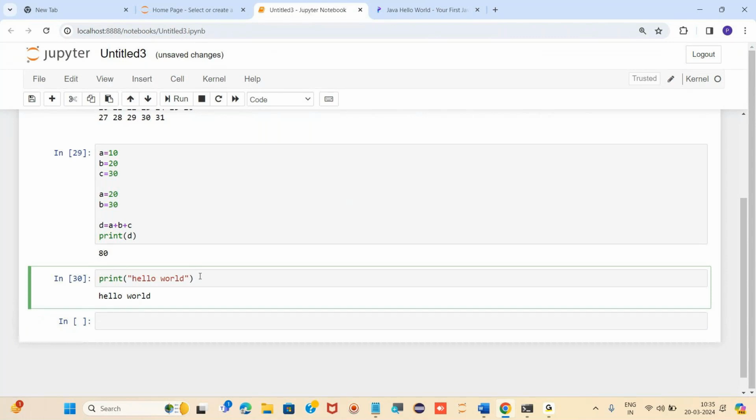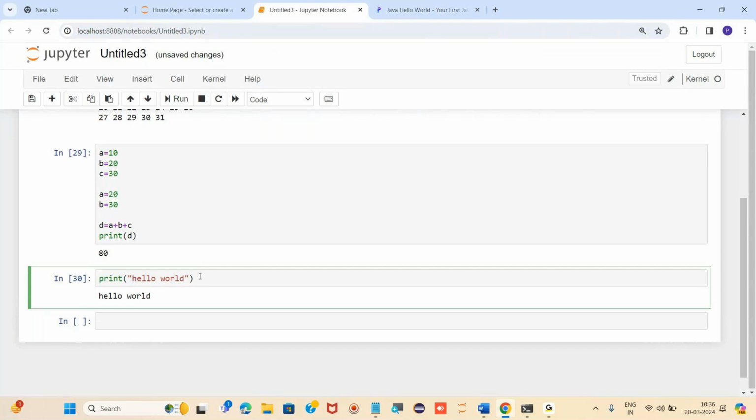Did we? No. Only one line of code we have written for just printing hello world. So you can say Python is really easy to understand, and also it is really easy to write the program.